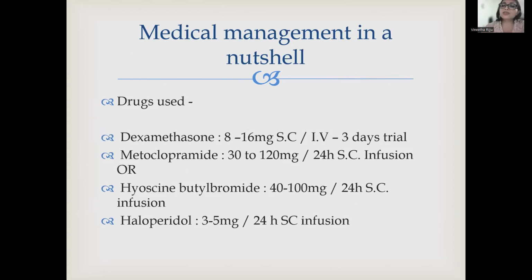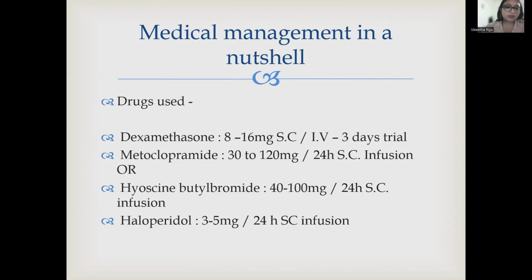Dexamethasone 8 to 16 milligram, or sometimes even more according to the patient. You plan it, customize it basically for each patient. And it can be subcutaneous, it can be given IV. You give a 3-day trial. Metoclopramide can be given 30 to 120 milligram, 24-hour subcutaneous infusion, or in divided doses. Hyoscine butylbromide, an anti-secretory agent. Haloperidol can also be tried